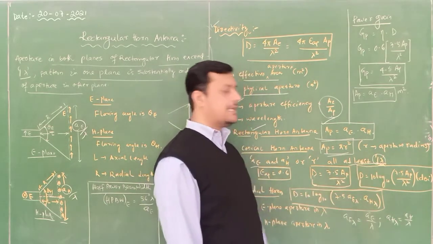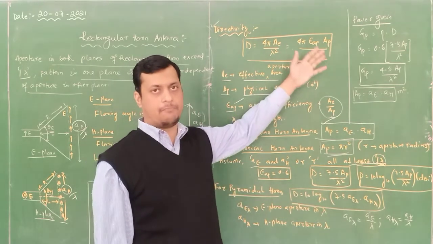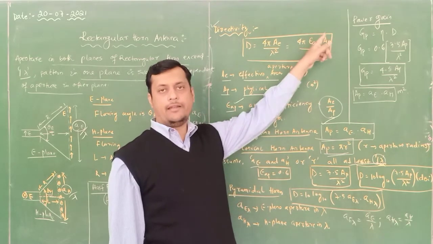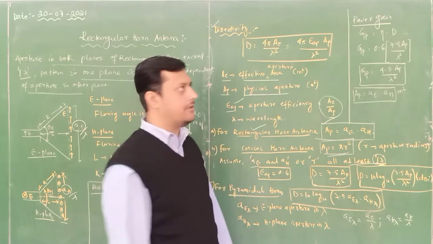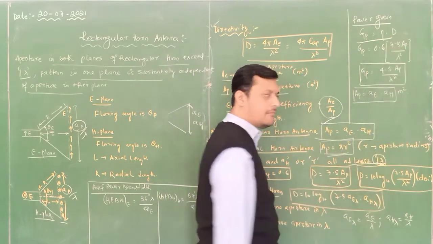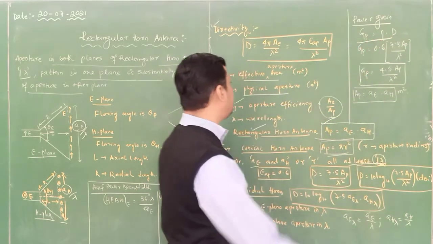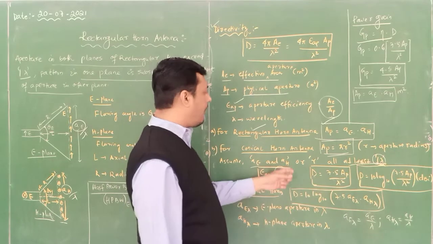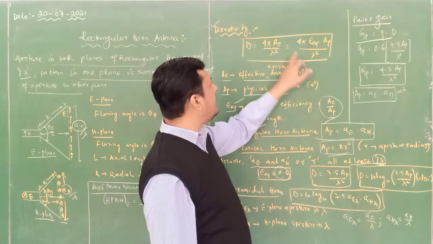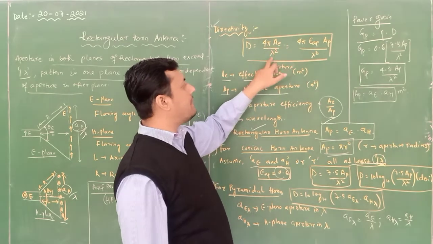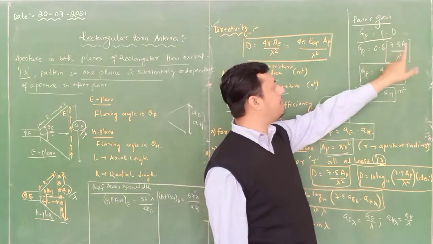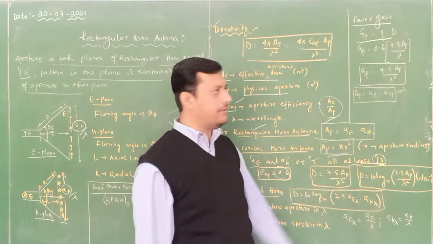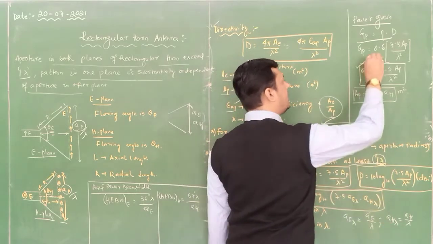If it has both components, you write the directivity in terms of 7.5 AE lambda and AH lambda. Now once this directivity is done, you can go for the power calculation, the power gain. What is the relationship between power gain and directivity? The gain is equal to efficiency into directivity, so eta into D. Now what is my efficiency? Efficiency is 0.6; the maximum value we took is 0.6. So 0.6 into D. What is my D? D is equal to 4 pi AP by lambda square, or you can write 7.5 AP by lambda square. If you multiply 0.6 into 7.5, you will get around 4.5 AP by lambda square. So this is our gain, the power gain.